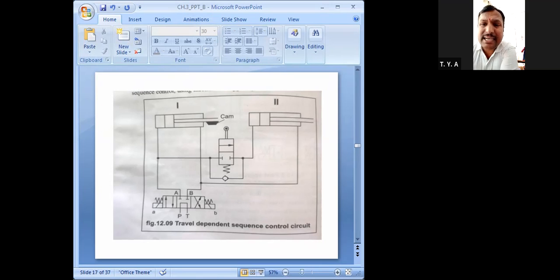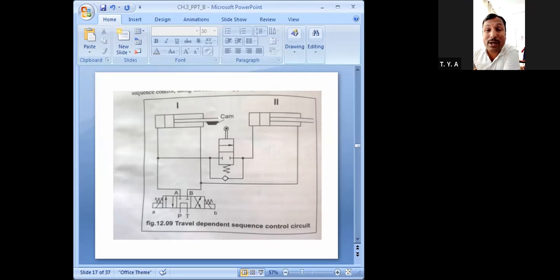After reaching that preset distance value, this valve, the middle one, this 2x2 valve, will take position number 1. That means this arrow, this position number 1, will come to this one. That means this line will connect to this line.